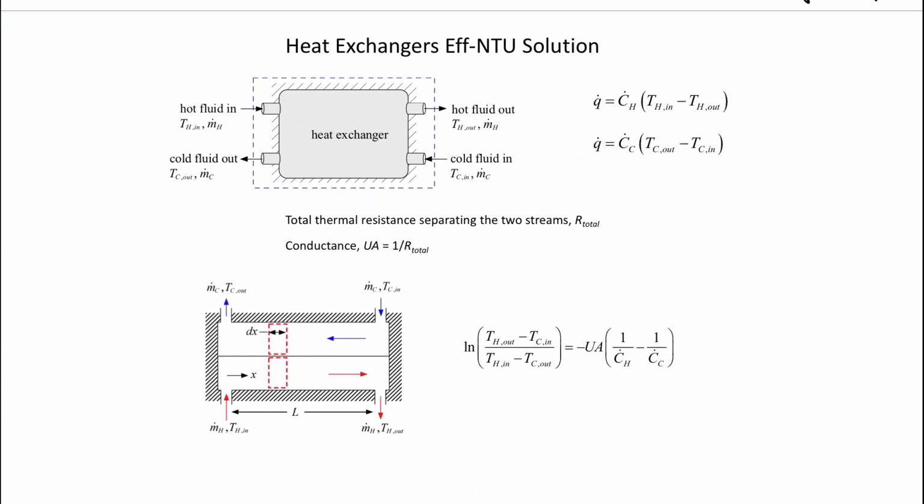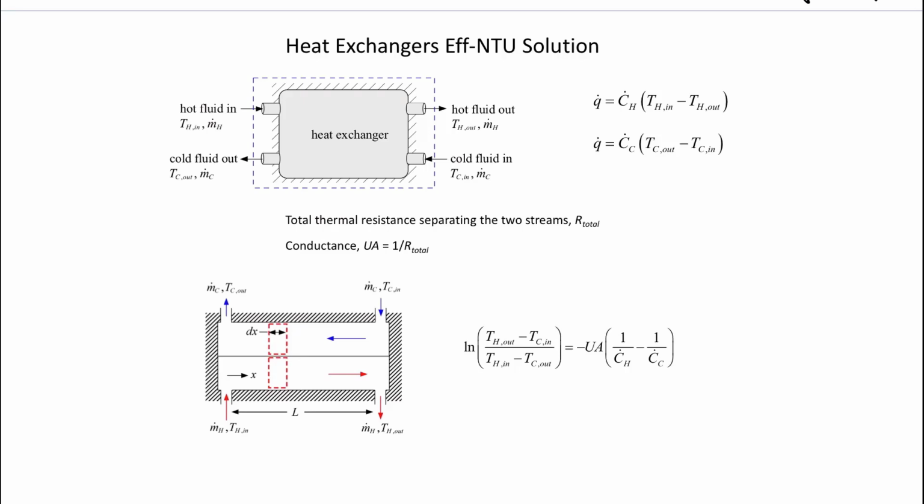One is the log mean temperature difference. That one has some problems. In fact, the equation itself for LMTD is undefined at a perfectly balanced heat exchanger, so it's not really what you want. The better way to do it, the way the textbook does it, the way we'll do it in this class,